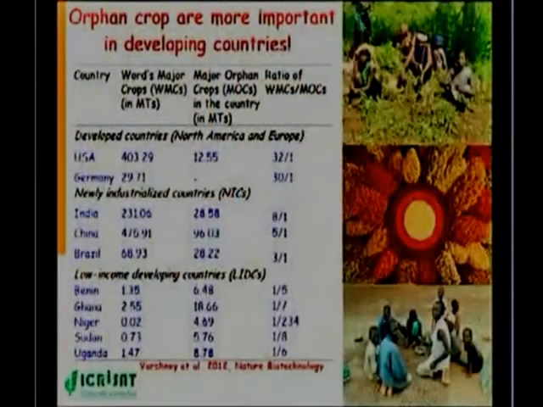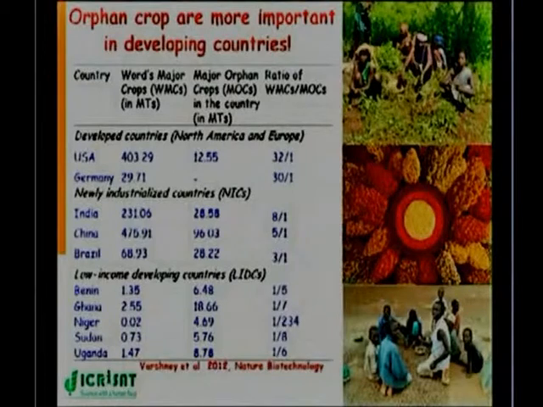When we talk about food security or international agriculture, generally we talk about three major crops: maize, rice and wheat. But in fact, in addition to these three major crops, there are many other crops which are very important in developing countries, in terms of production as well as in ensuring food security and income generation. These crops include several legumes like chickpea, cowpea, pigeonpea, and also sorghum and millets. Because these crops have not been the subject of attention of the international scientific community most of the time, they are often called orphan crops. As they are grown in marginal environments by resource-poor farmers, the crop productivity is very low.